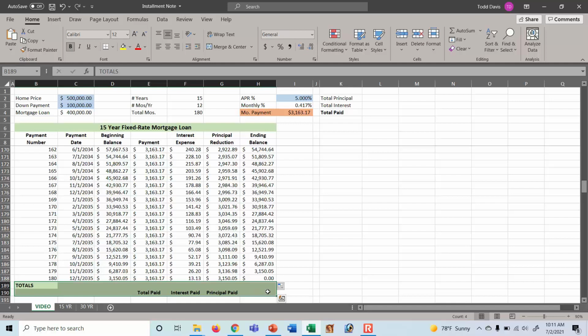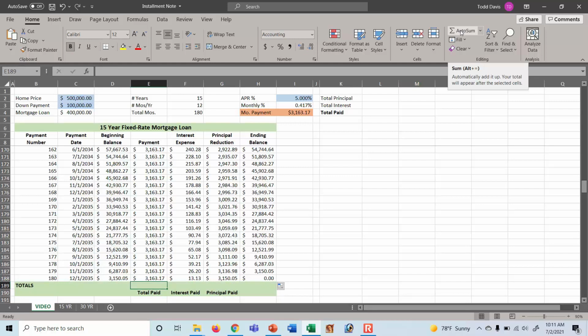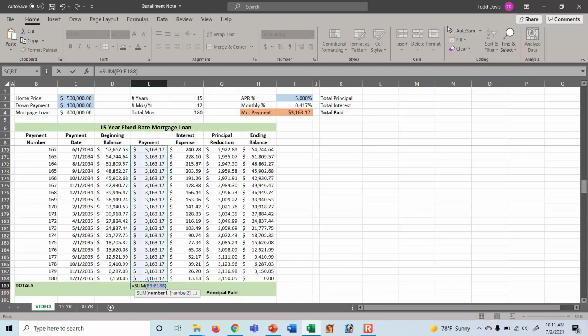You can take a minute to add that now. When you're done, click in cell E189 and go up top to your ribbon under the Editing group and click AutoSum. You will see that the sum formula is entered and is highlighted. All you have to do is click Enter on your keyboard.